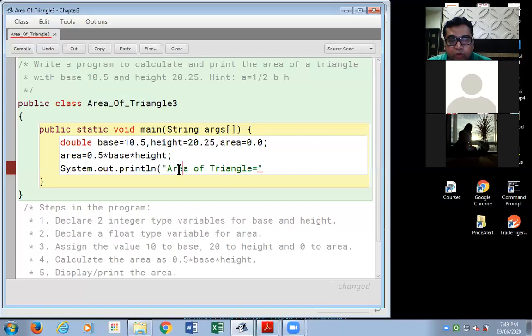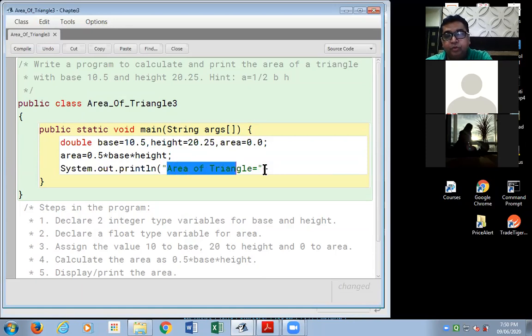Coming back to system.out.println, area of triangle equal to, this is a string. It will be printed as it is. And after this, we put a plus symbol. The intention of putting a plus symbol is that I want this string to be printed, and next to the string literal on the same line, the value of area to be printed.